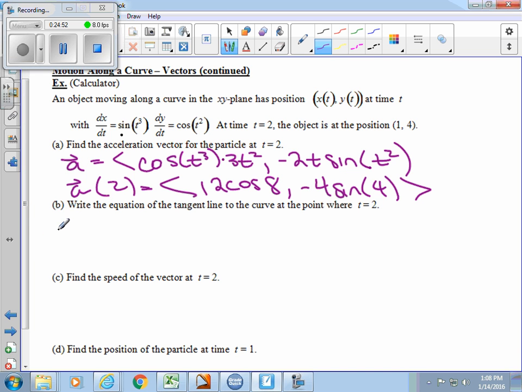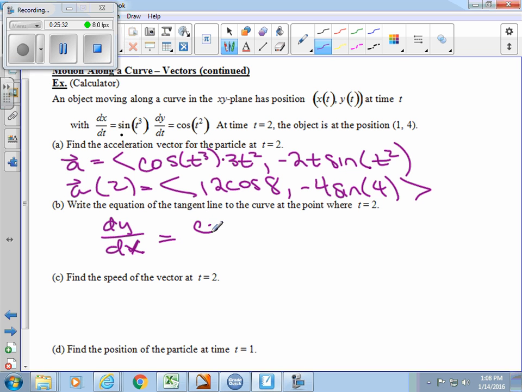The equation of the tangent line to the curve at the point where t is 2. What do we need for tangent lines? X, y, and m, right? How do I find the slope? Good. I need to find dy/dx. Well, what do you think dy/dx is if I have an x component and a y component? And you said it already. The dy/dt divided by dx/dt,